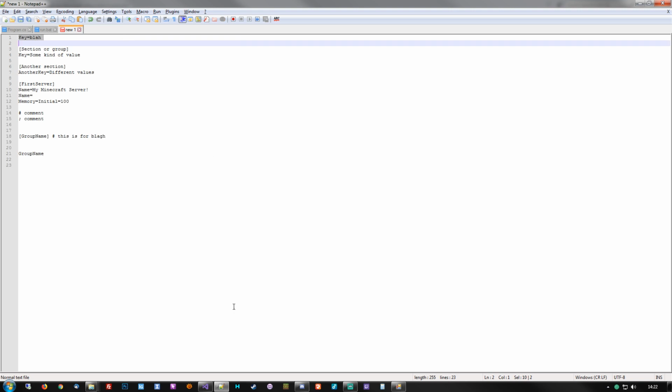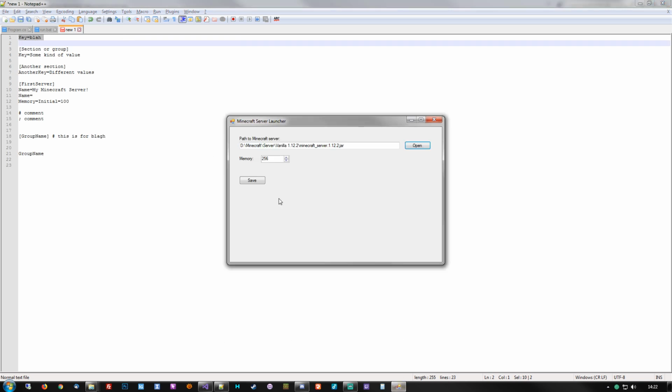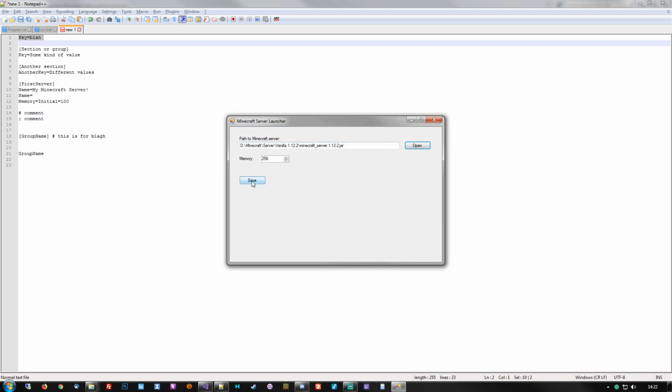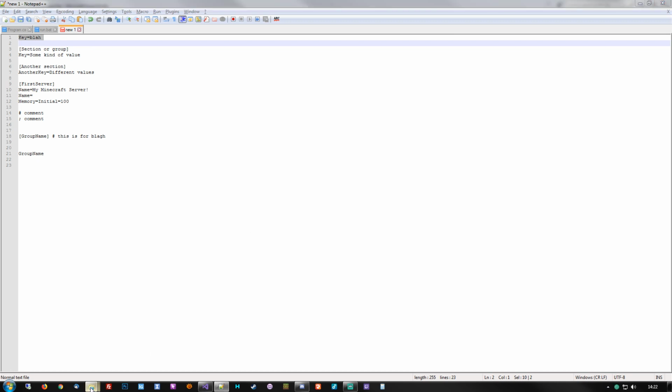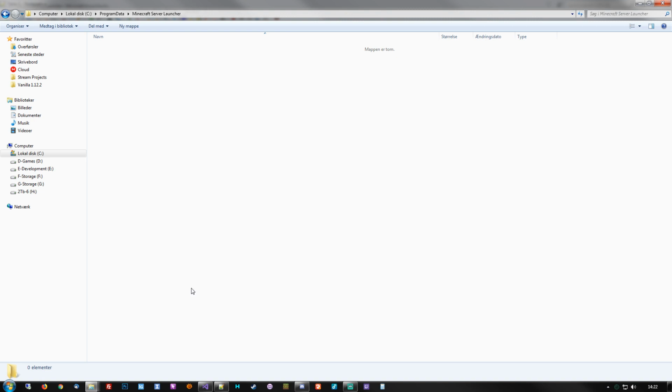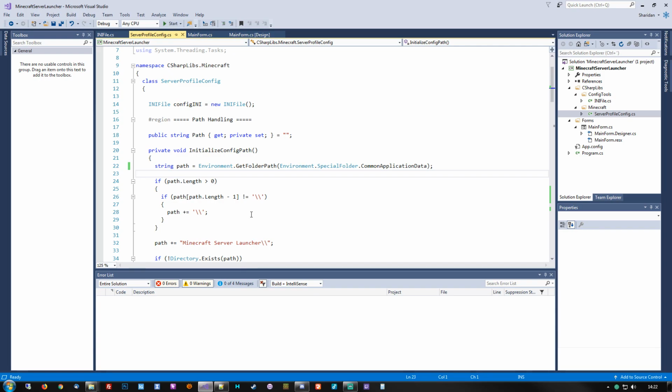because we actually don't exactly want it to save whenever the open button is used. We want it to save whenever the save button has been clicked. So for the sake of keeping things clean, let's delete this and go back to our project. Now